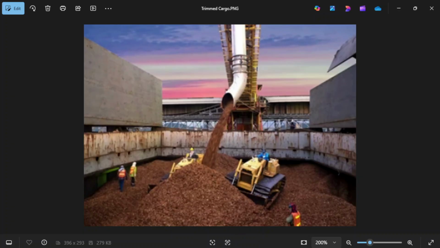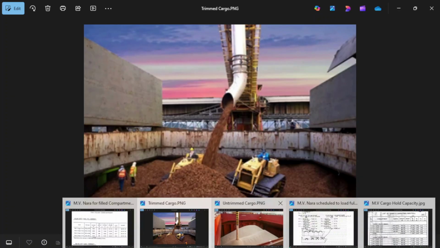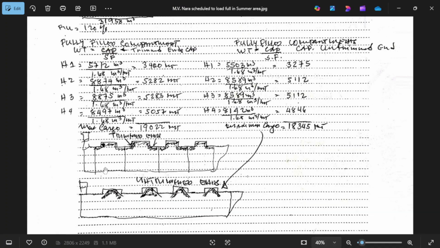And another illustration is this one. So all spaces in the hatch cover or below the hatch cover are all filled up. All spaces here are all filled up. This is what you call trim. Okay. So if you have no idea what is trim and untrim, let's start with the trim vessel,